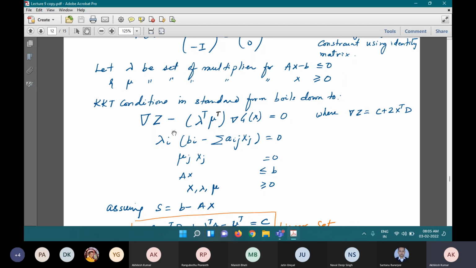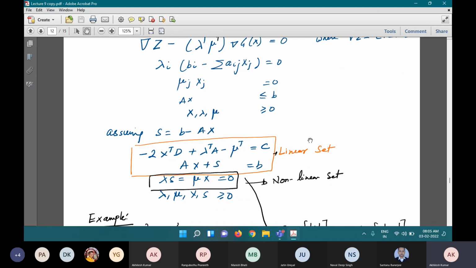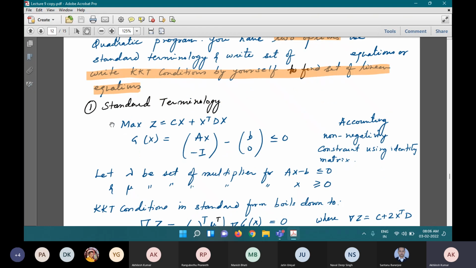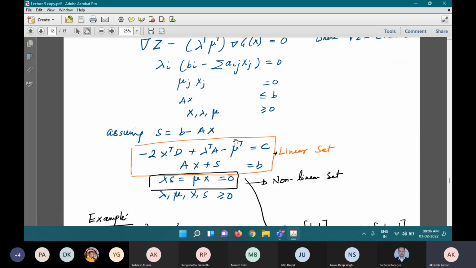So it is showing, which simplifies simply to minus 2x transpose D, given that you have put the problem in this structure, maximum. So standard structure is very important, and that is why we faced a problem last time. I mistakenly started with another form. If I'm working with this standard form, then this will hold true. So all you need to remember are these three equations and you can set up.